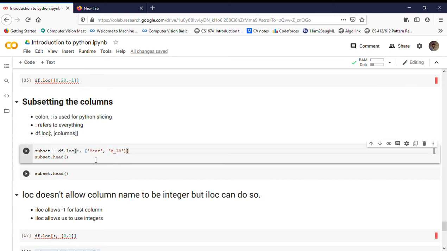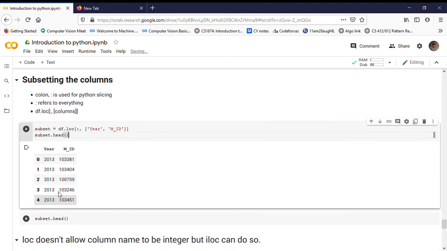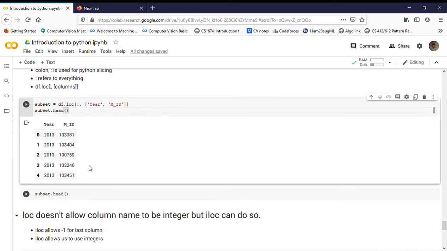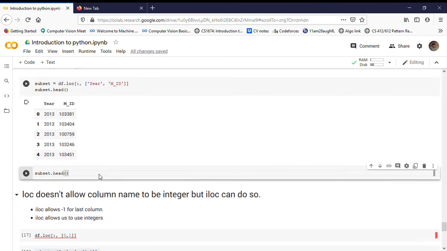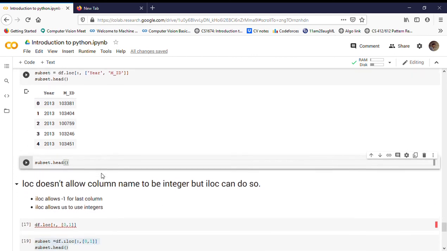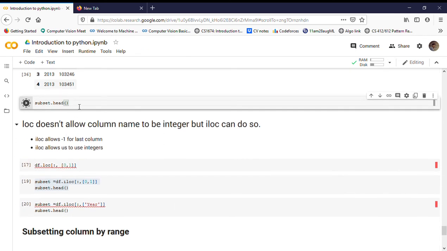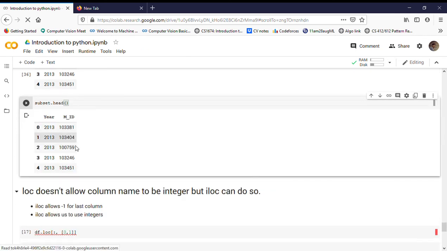When I execute it and print the first 5 rows, I simply get the year and MID columns and their first 5 rows. This will print the same values.